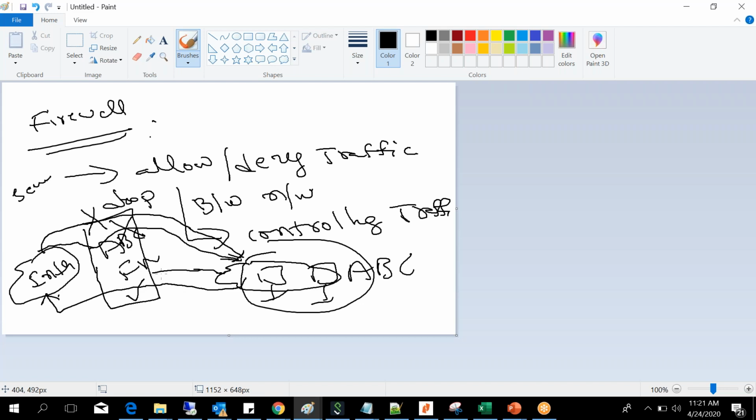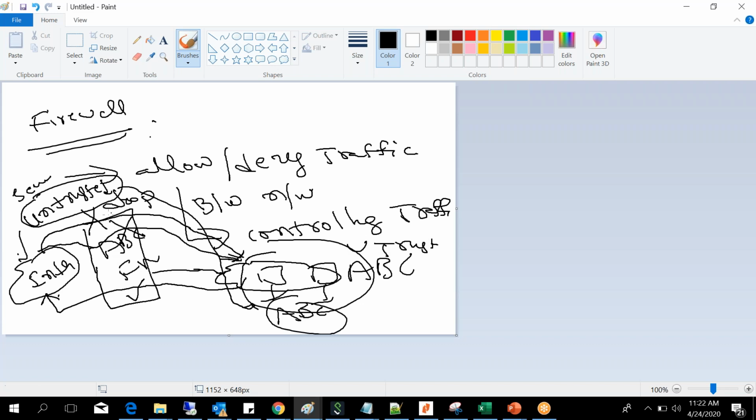In other words, the internet is always considered untrusted. Untrusted means we will not be able to trust it. For the customer ABC, the internet is always considered untrusted, and the ABC network is always trusted.